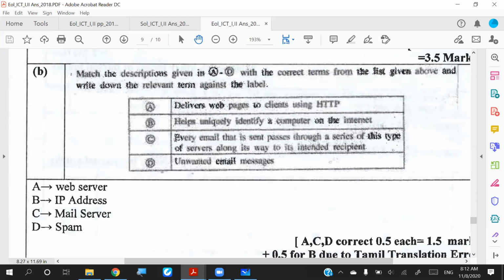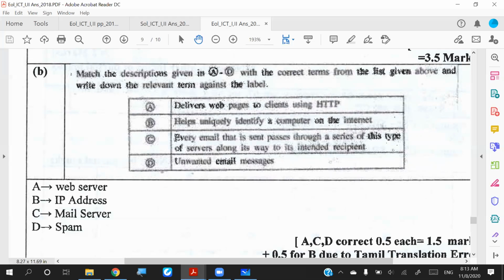So now from that particular computer to our computer, how the things are going to come, it is through the internet and using the hypertext transfer protocol, right? So A is going to be a web server. B is going to be the IP address because it is the way that you can identify a device uniquely in the internet as well as in any network, not even the internet. In any network, the devices can recognize other devices by using its IP address,